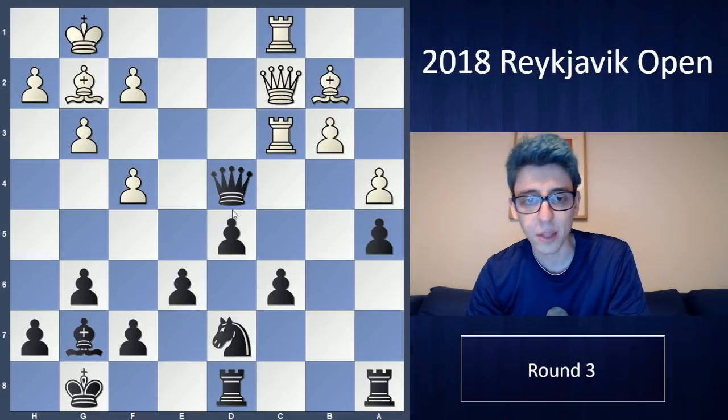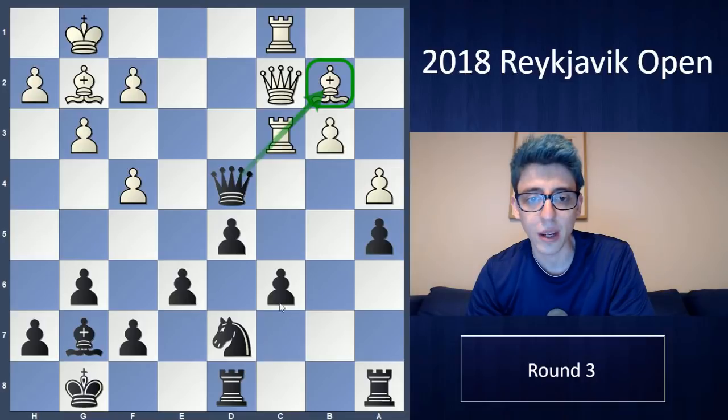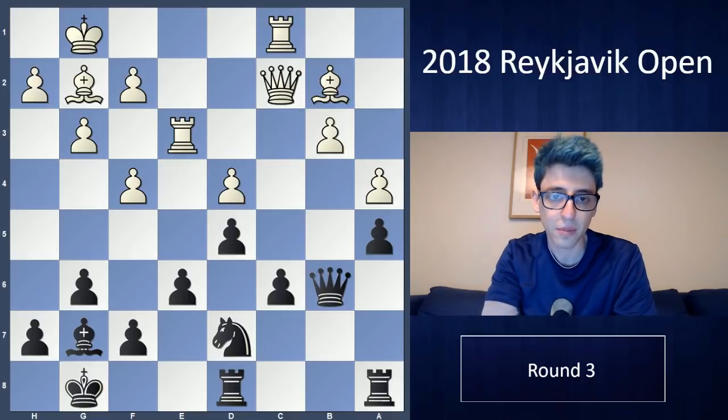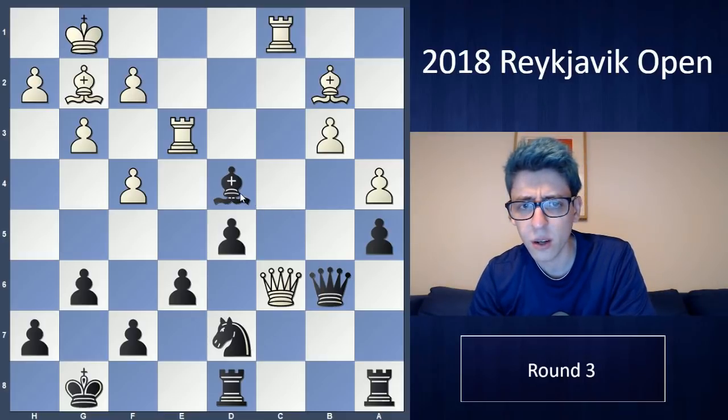This is much better than bishop takes, because here I'm actually creating a pin, and I'm threatening to win that bishop, so white cannot take on c6. I'm just going to take on b2. So I think black is probably doing quite well here. So he took on c6, bishop takes d4, and I thought he should probably go for this position,